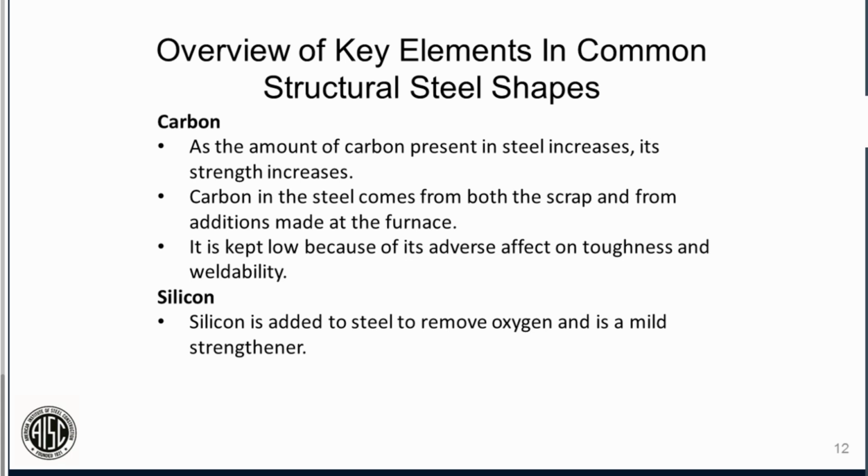The next element that we're going to talk about is silicon. Silicon is a deoxidizer. We add that to take out the oxygen that's present in the liquid steel when we melt it. So it's the primary deoxidizer in structural steels and alloy steels. It has a different use, but we're going to limit our discussion tonight just to structural steels. On the next slide,